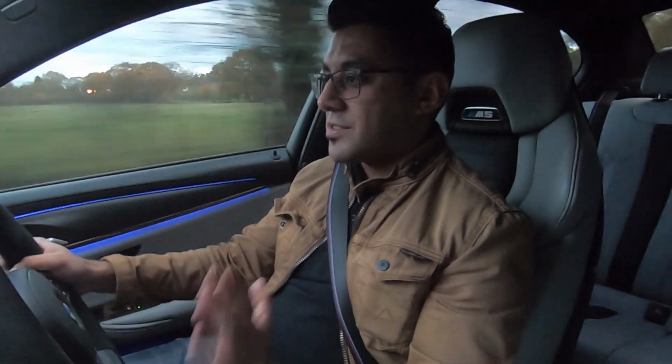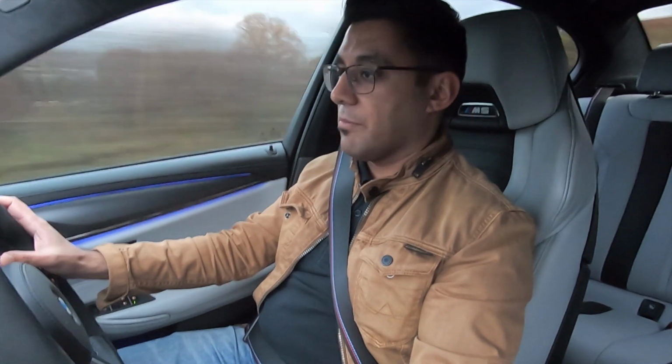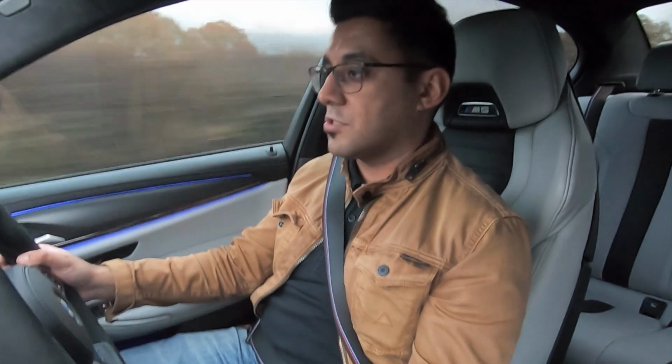Even though this is a ZF gearbox, I definitely do prefer the double clutch in my M4, but that is suited to that car. I think in this, the ZF makes sense, because if you come out of the M mode, like that now, the car just quietens down. The ZF gearbox is a very smooth gearbox. You can't feel any jerkiness in it, and that's what it does best. When it's in its full attack M mode,